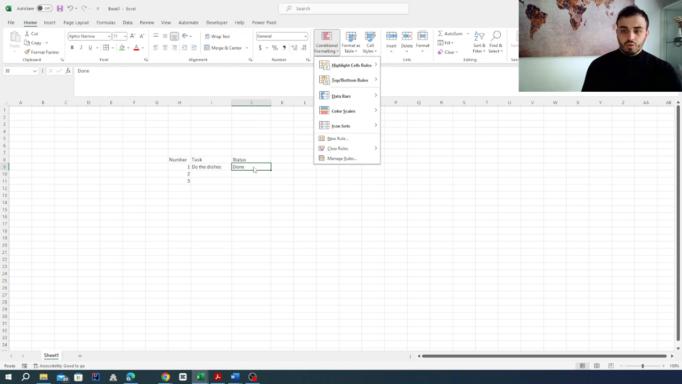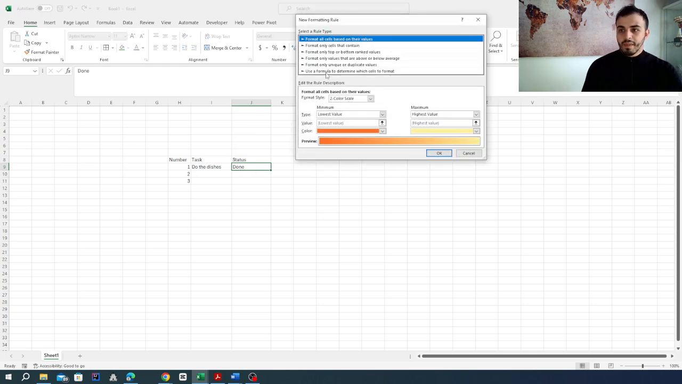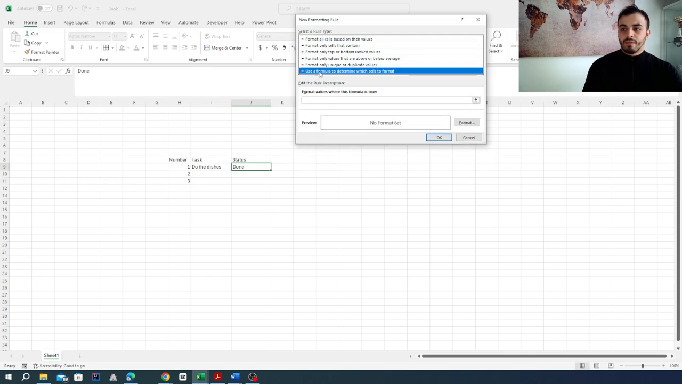So first of all, to be able to take a cell and to add a rule to that cell, we're going to go here and click on new rule. Now what we want to do, we want to use a formula to determine which cell to format. So in our case, we want to format the cell J9. So if the cell J9 is equal to done,